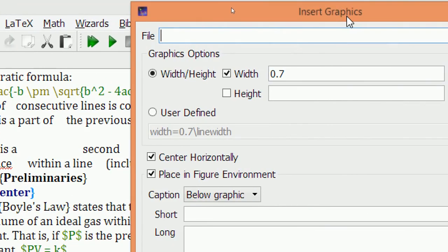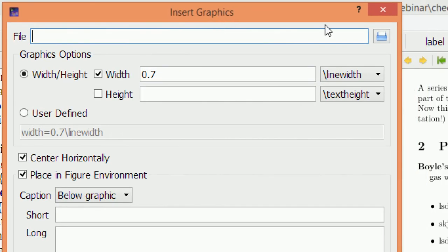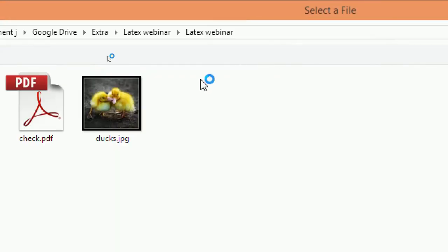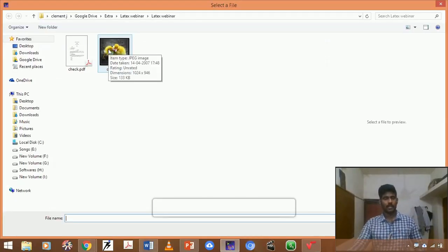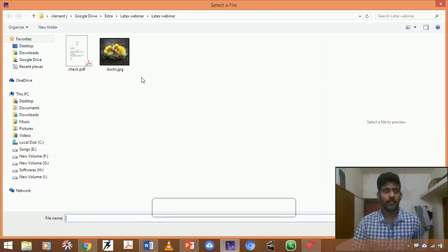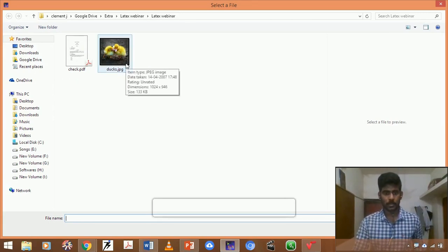Simply I can drag and then browse the file and import the image. That will be the easier option, which is especially provided in Text Studio. Okay, I can browse the image. Before that, make sure you save whatever image file you are going to feed into your text document. That should be saved wherever your text file is saved. You are supposed to confirm that.